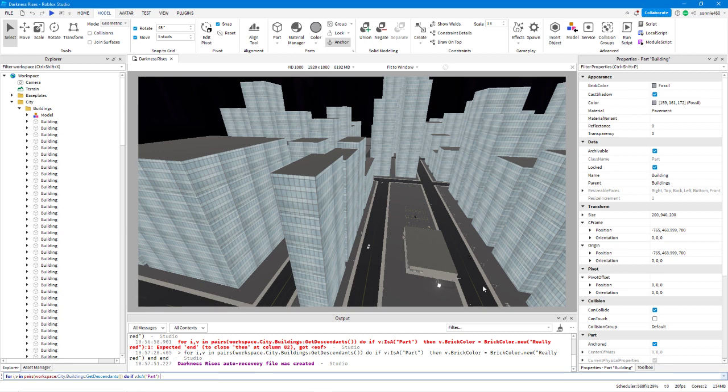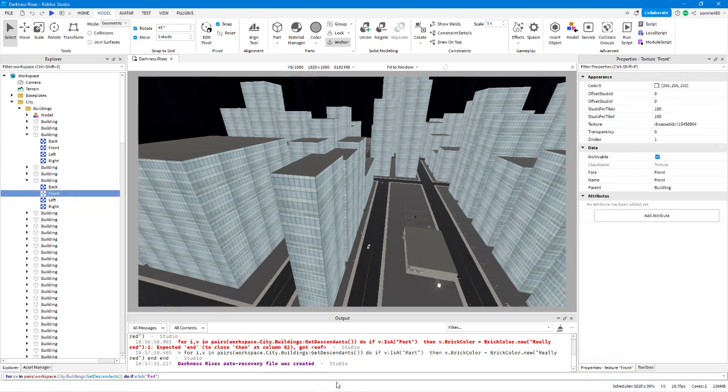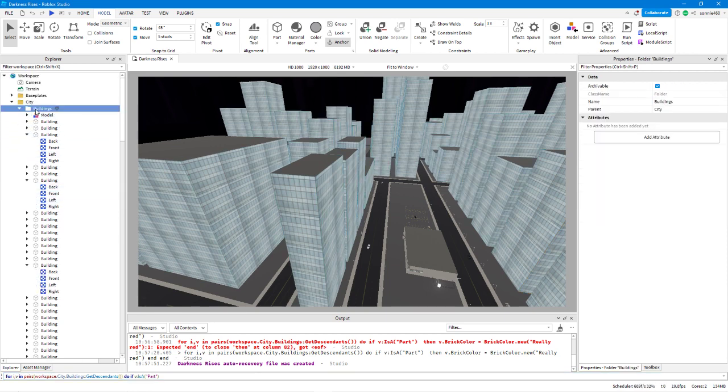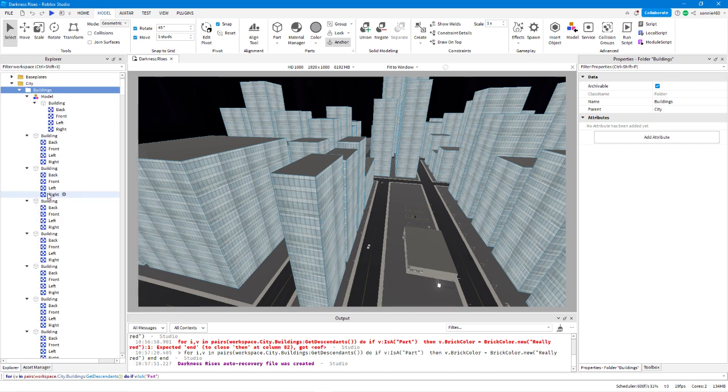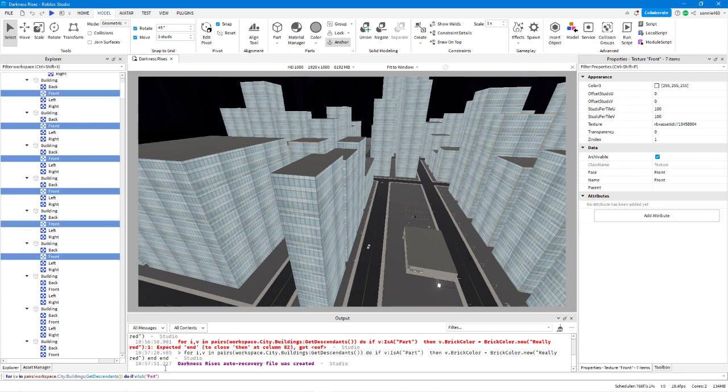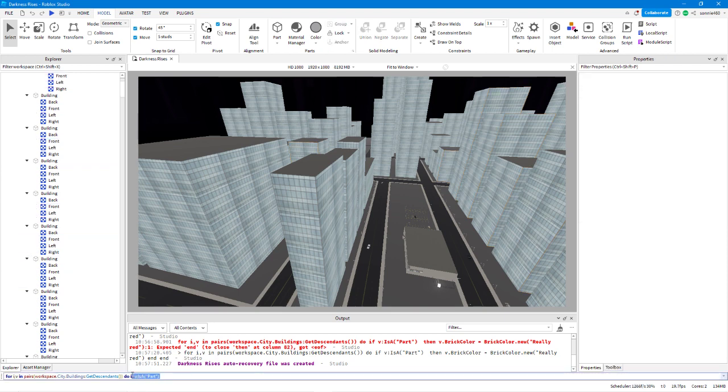Okay, so then let's say, here's another example. Let's say I want to delete all the textures I have in here. Or let's just say I want to delete the front texture. Each one of these buildings has a texture. It's called front. So if I were to try and delete this manually, I'd have to open every single one of these. Well, actually you can do this. You can click on a folder, click expand all, but then I gotta go through them. And sometimes with models, you could have a lot of different parts like this that you have to go through. So what I can do instead, if it's